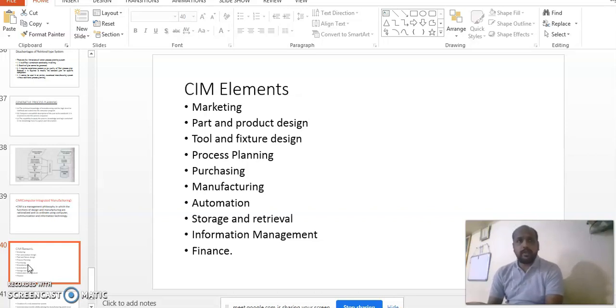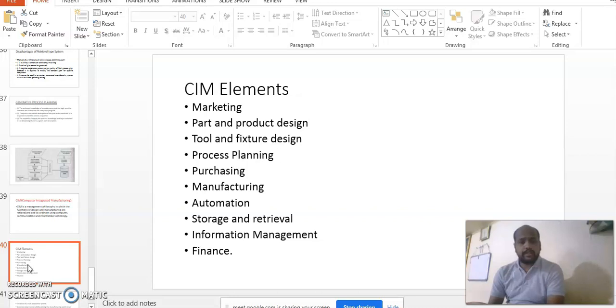For example, I will quote here the name of softwares like Solid Edge, SolidWorks. These two softwares are having ready-made designs of different tools and different fixtures. I am repeating, Solid Edge and SolidWorks. These are two advanced softwares nowadays available in market. You can also search their tutorials on YouTube.